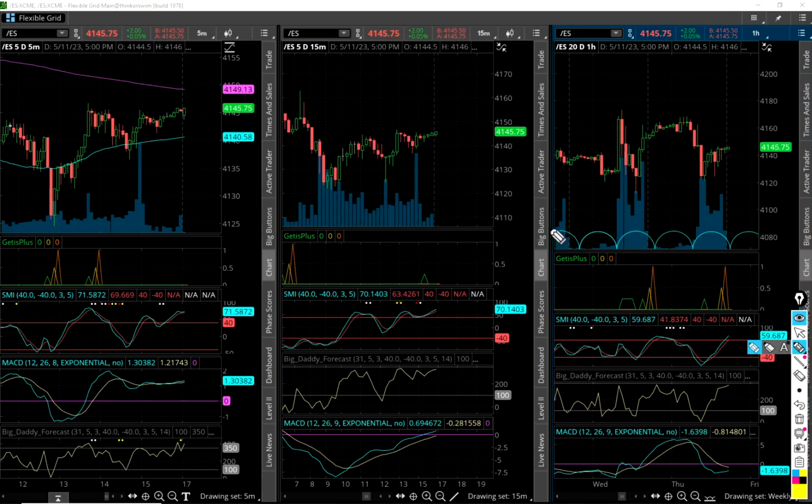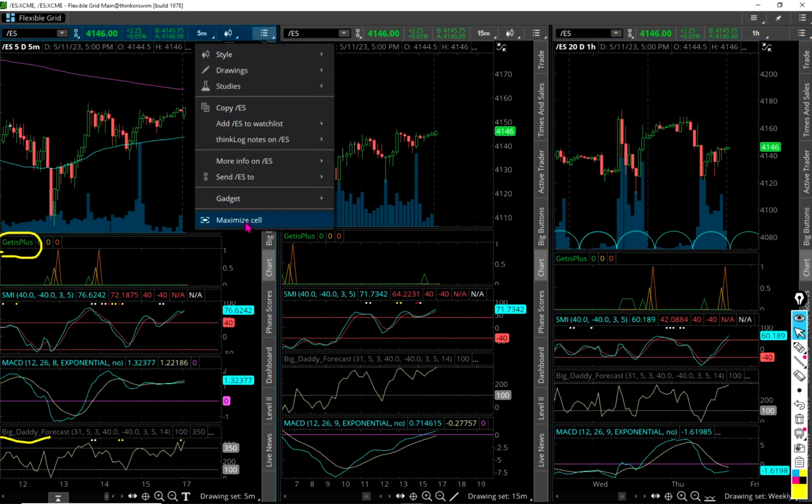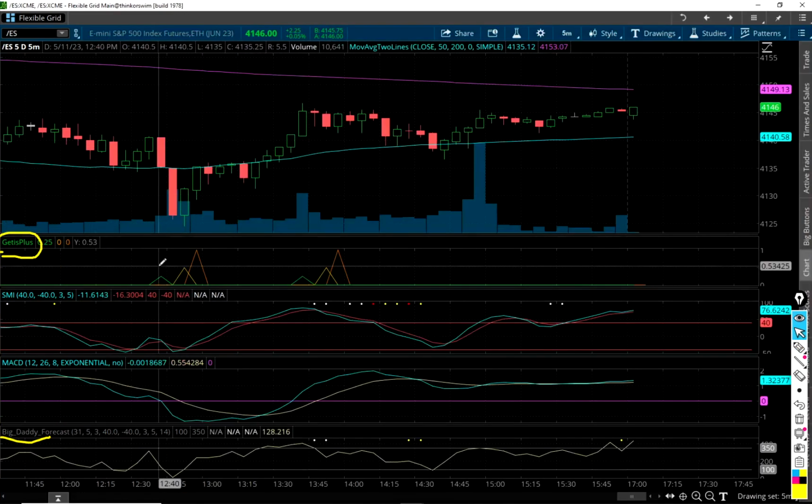So they get something similar to this, on a much bigger monitor, so it's a little bit more spread out than what you're seeing here. But they get this live. So even if you don't have, obviously you're not going to have my Big Daddy forecast, or the GITTIS Plus indicator, which we're going to talk about right now, and the alerts that came in today, you can just look at the stream and make your trades based off the stream that I'm streaming to the members. So let's look at this 5-minute chart.